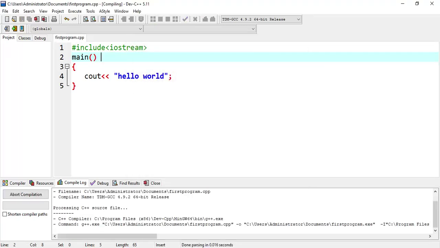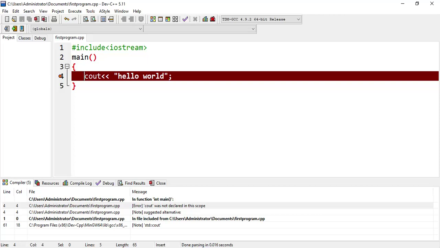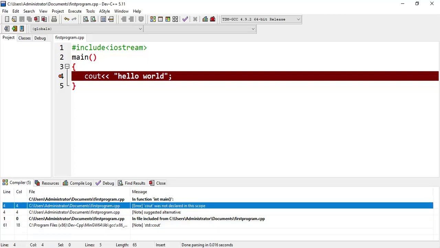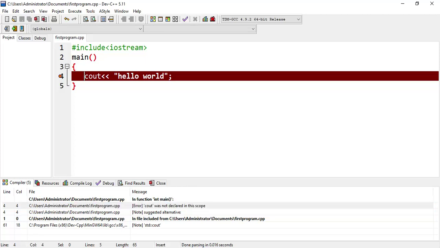This code is being compiled and there is an error, and the error is that the compiler says that cout was not declared in this scope. It means the compiler wants to know what a cout is.